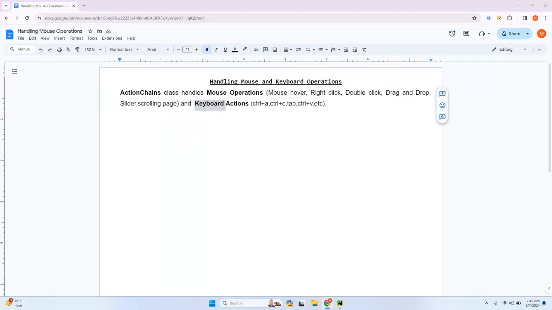Then, how can you handle mouse operations? We will see one by one. In the Action Chains class, for handling mouse over, we have the move to element method. Mouse over is nothing but moving your mouse up to that element. In this particular method, you need to specify that element. Similarly,